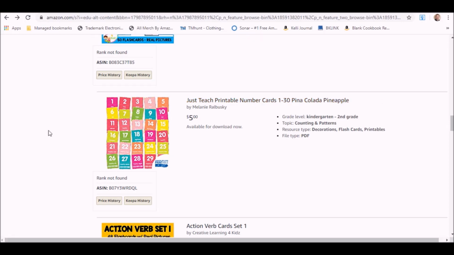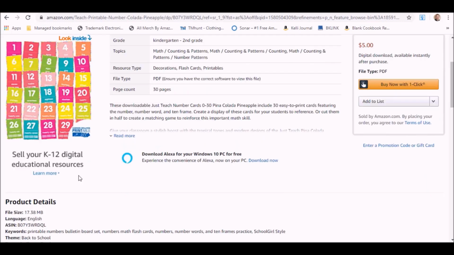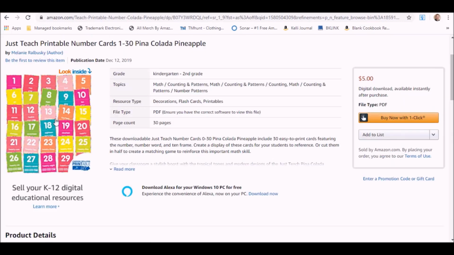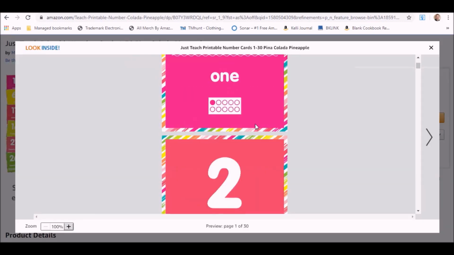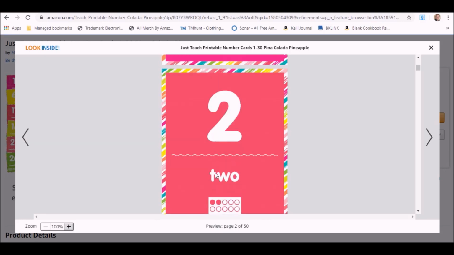This one, just teach printable number cards 1 through 30. Pina colada pineapple. Let's click on that and see what that is. I don't see how it's any reference to pina colada. Let's look on the inside. Okay, so it's a flashcard because that's what we clicked on. And as you can see, it's just the number 1, a line, and then the word 1 spelt out, and then a visual demonstration of what 1 is on 1 to 10. So this bubble's filled in. Number 2, spelt out 2, and 2 are filled in. So as you can see,